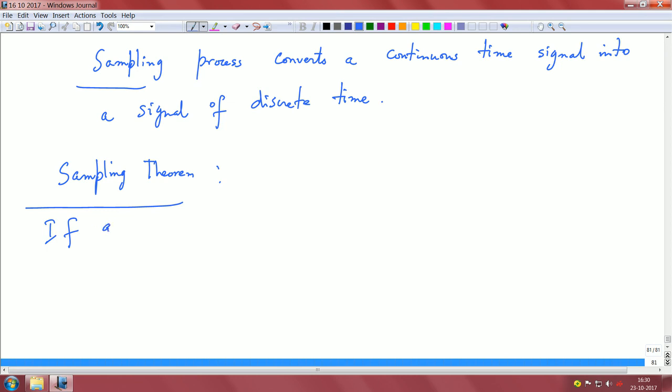So, if a signal S of t, this is not delta, if a signal S of t contains no frequencies outside B hertz,